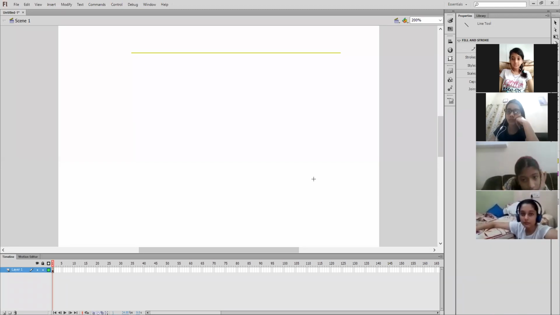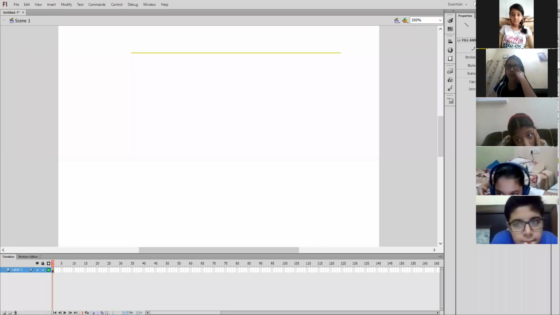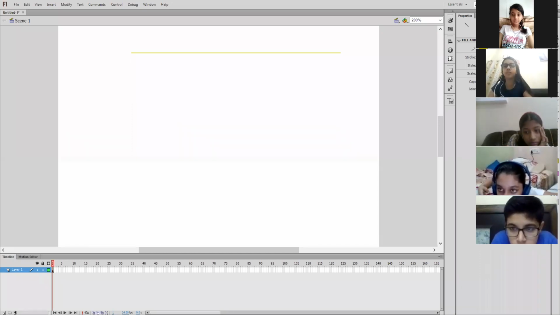In the same way as we did for the rectangle and the oval, we can also increase the stroke size either by entering the values in this box, or by increasing or decreasing with the pointer.